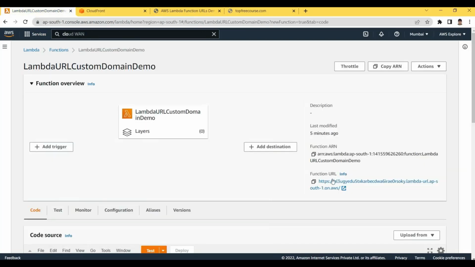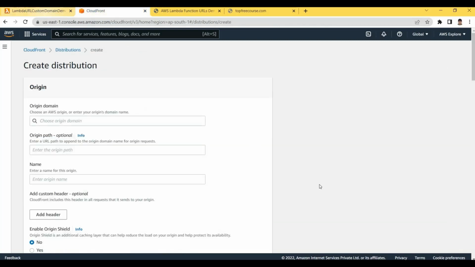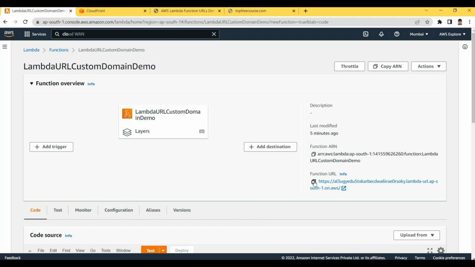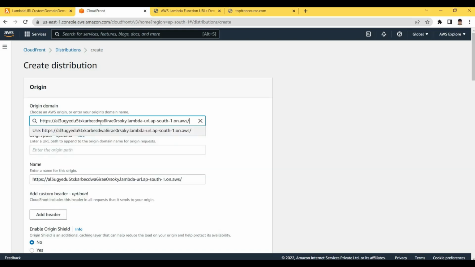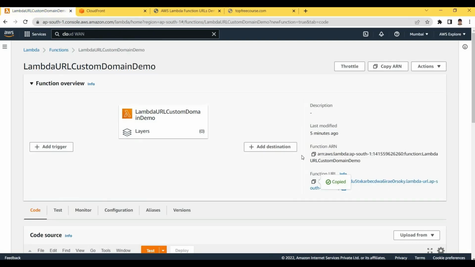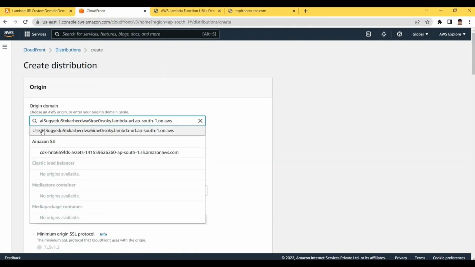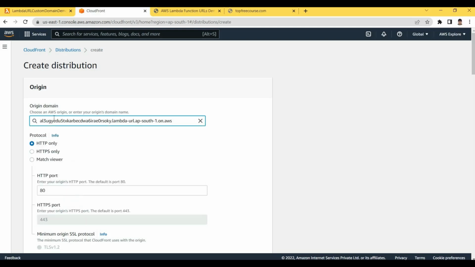So now we are mapping this already created Lambda function with the CloudFront distribution which we are creating. What you have to do is copy this function URL and paste it in origin domain, and you only need to remove this HTTPS portion as well as the last slash. So exactly you need to give it without HTTPS and the slash at the last, and you need to select this. So in origin domain, it will select the Lambda function URL which is already created, and